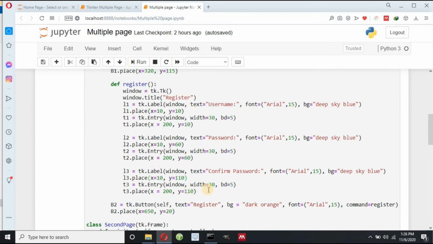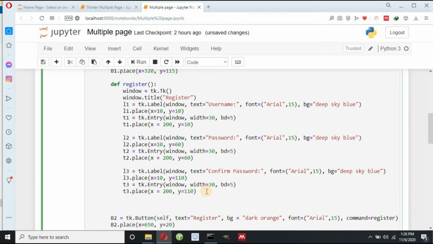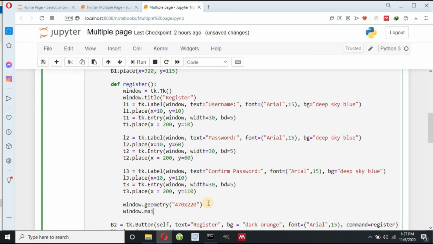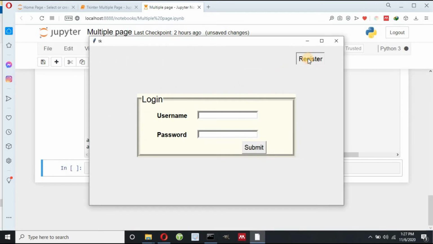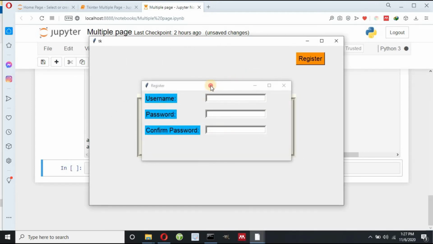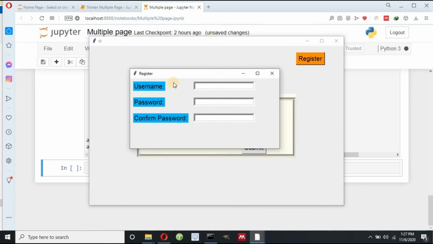I think I need to define geometry, meaning the size of the window, so I can write here window.geometry. Suppose 470 x 220, width 470 and height 220, and I have to separate this width and height by the x symbol. And then I have to write finally window.mainloop to get the window visible. Okay, now shift enter, and then if I click register, okay, this is my window.